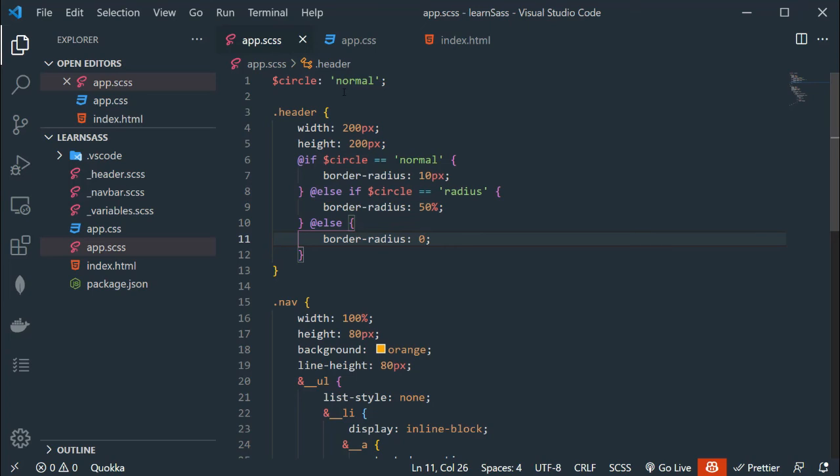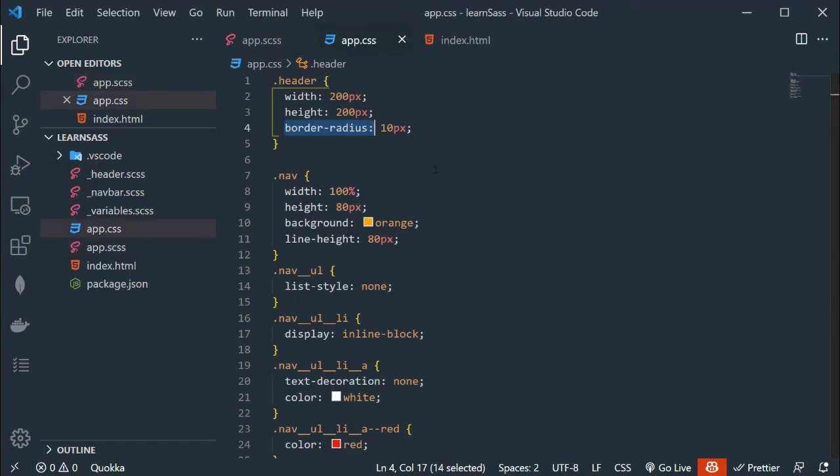So right now we have the normal value. So this statement will run because the $circle variable has the normal value. So simply go to app.css, and we have border-radius 10 pixels.